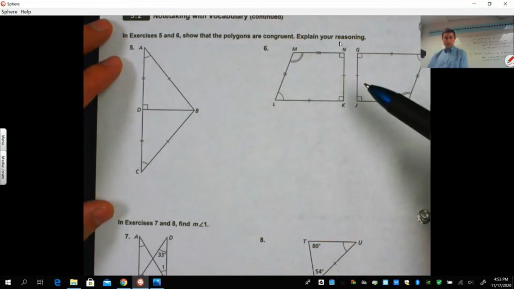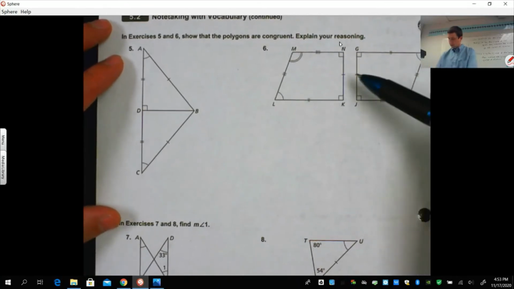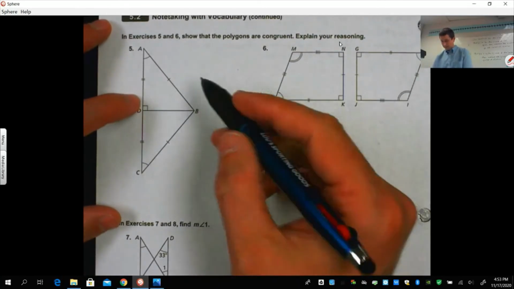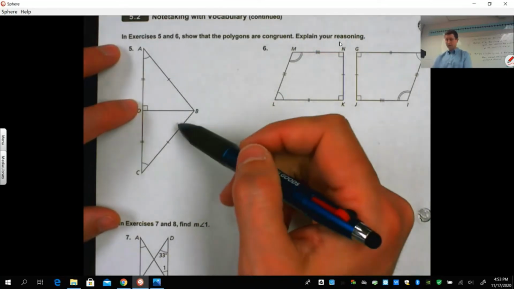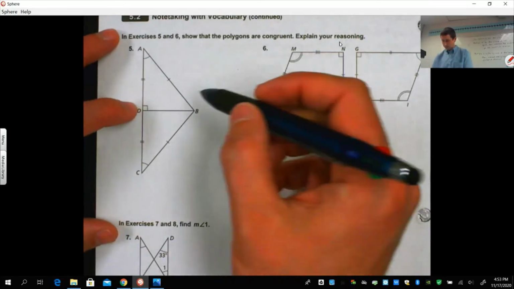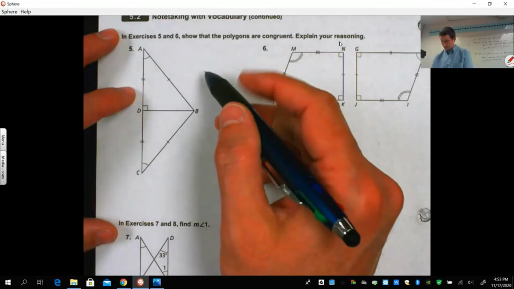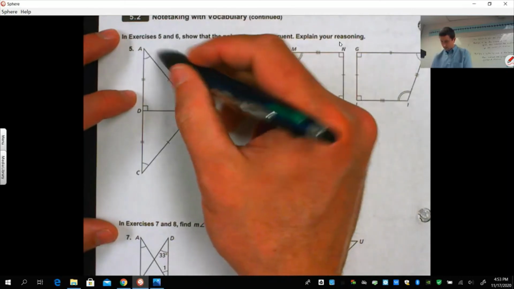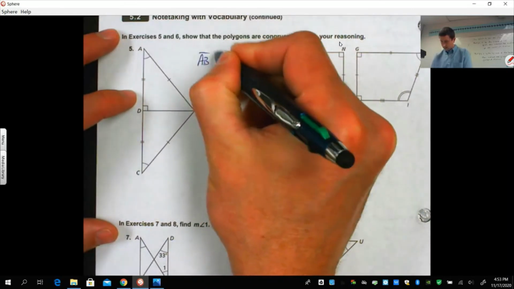Exercise 5 and 6. Show that the polygons are congruent. Explain your reasoning. Okay, so we're going to go through all our correspondence parts here. We're going to explain our reasoning here. So some of our givens, we know that AB is congruent